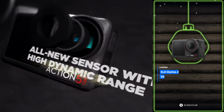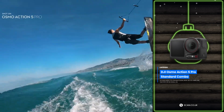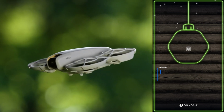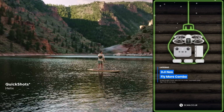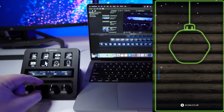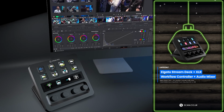The DJI Osmo Action 5 Pro combo kit will be the perfect gift for the adventuring videographer. And the DJI Neo Fly More combo is a great way to step up content production levels to a new height. For the editors out there, the Elgato Stream Deck and XLR is a must-have,